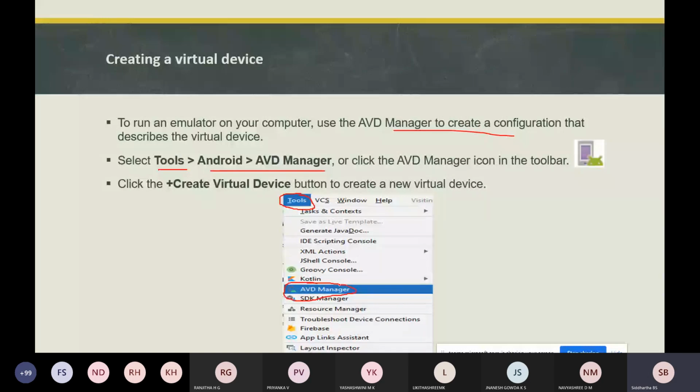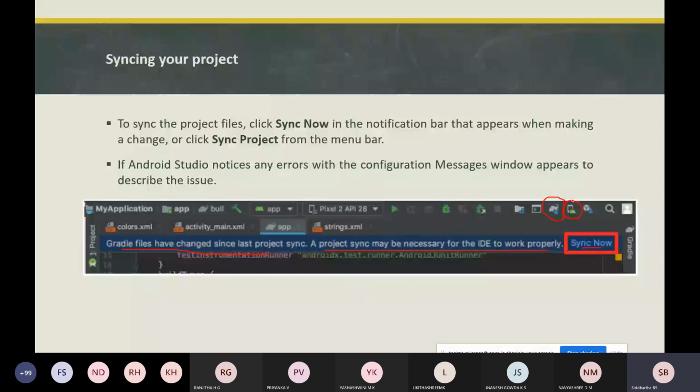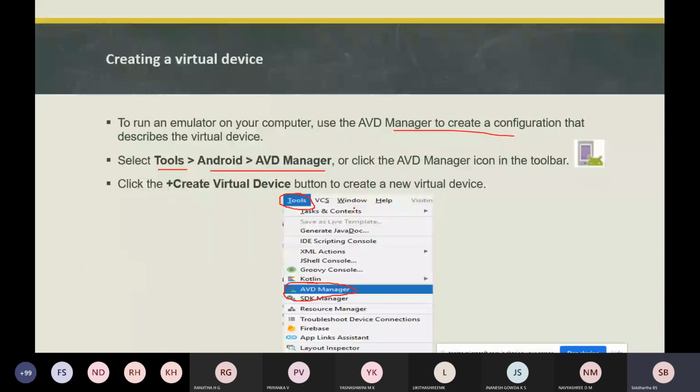Click the Android manager icon in the toolbar, where you can click to create this virtual device. Then click the plus Create Virtual Device button to create the new virtual device. This is how it displays.